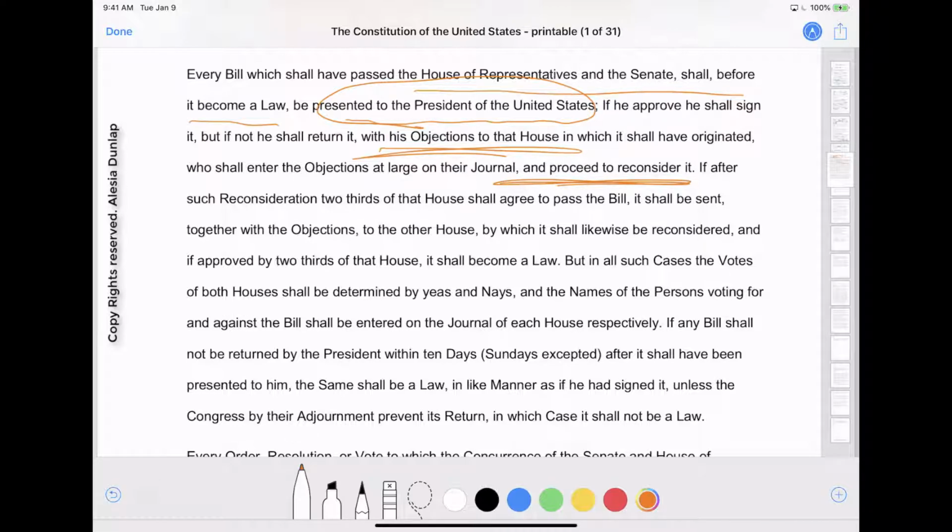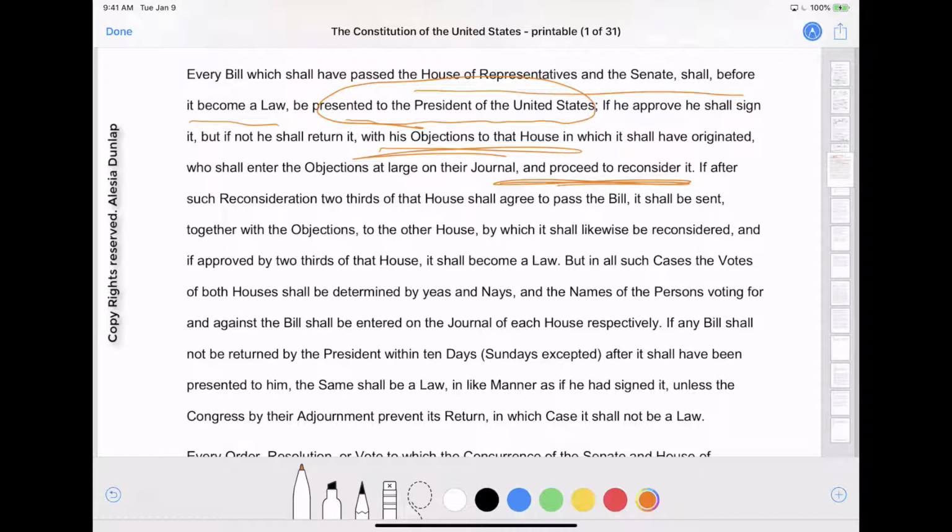So they can consider the president's objections, and they do have a right to fix those proceedings. Or if they're so stuck, they can say, no, we're not budging. This is the bill that we drafted. We're not making any changes. You're going to have to take it as it is. That is also an option. So if Congress gets a 2/3 majority when they vote for it again, then the bill becomes a law despite the president's veto. Congress must record names and their votes in the congressional record.